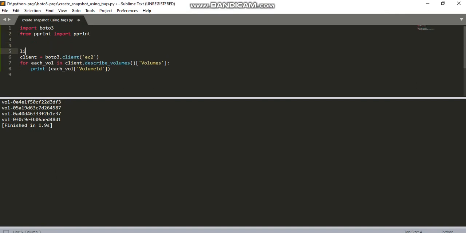Now I want to collect all these volume IDs. For this, I am creating a list called collect volume IDs. I am creating an empty list. After that, I am using the append method. I am collecting all the volume IDs. Which value? The same one I am calling here.